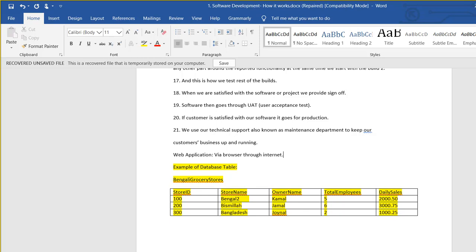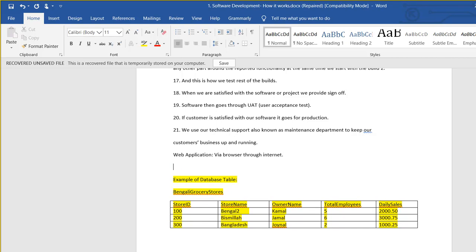Okay, now let's come to another type of application. There are other applications which we call client server applications. This client server application is another type of application where you have to install the application in your computer.